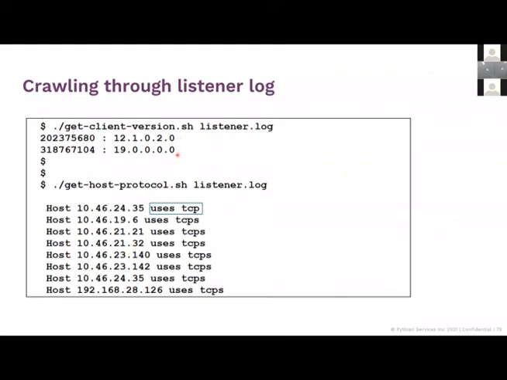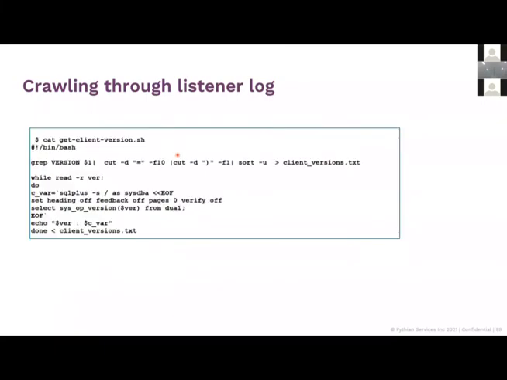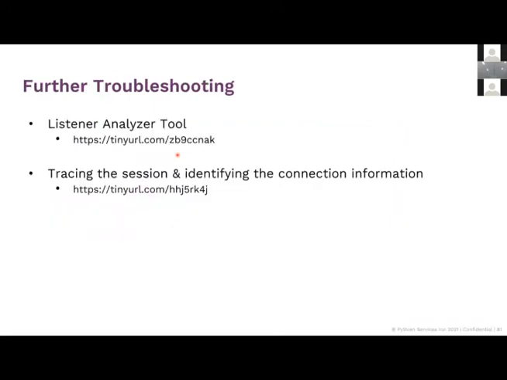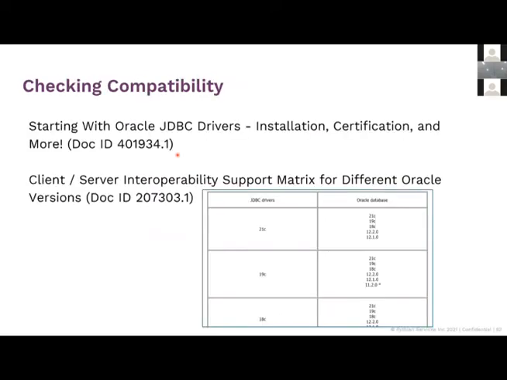The point over here is to collect all the information so that we can take decisions. What do we need to upgrade? What is the client compatibility? Where do we need to make the changes? And do we need an SSL certificate update or not? You want to figure all this out, and in order to do that, you need all the information. So these are the ways in which you can get it. This is a script that was used in the previous slide, and these are the links with details about all these things. You'll get it in the presentation.